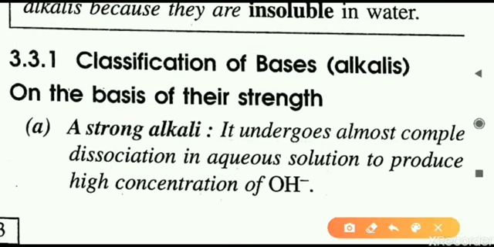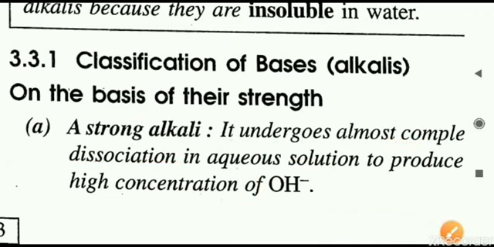In the acid also we have seen, strong acids are what? Strong acids are the ones which completely ionize, where the compound fully breaks down into individual ions, positive and negative radical, and it can produce a larger quantity of H plus ions. Similarly, in this case, it will produce a high concentration of the negative radical, that is OH minus, and there is complete dissociation or complete ionization of the compound.